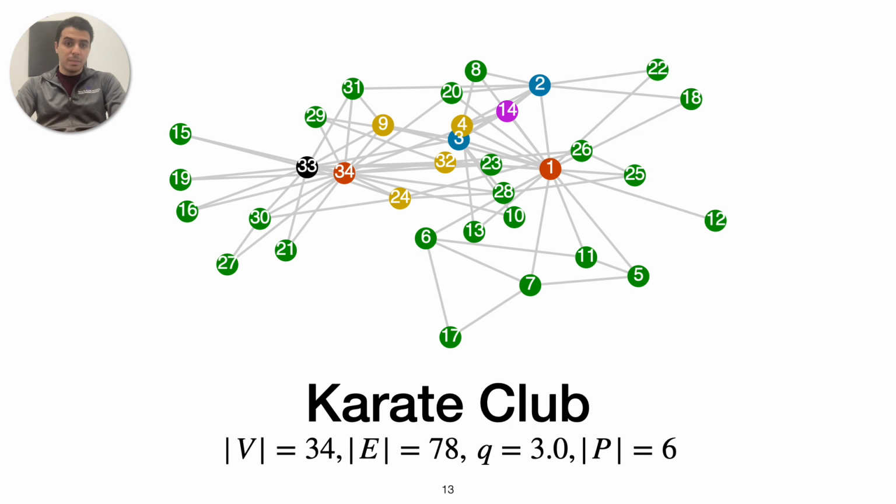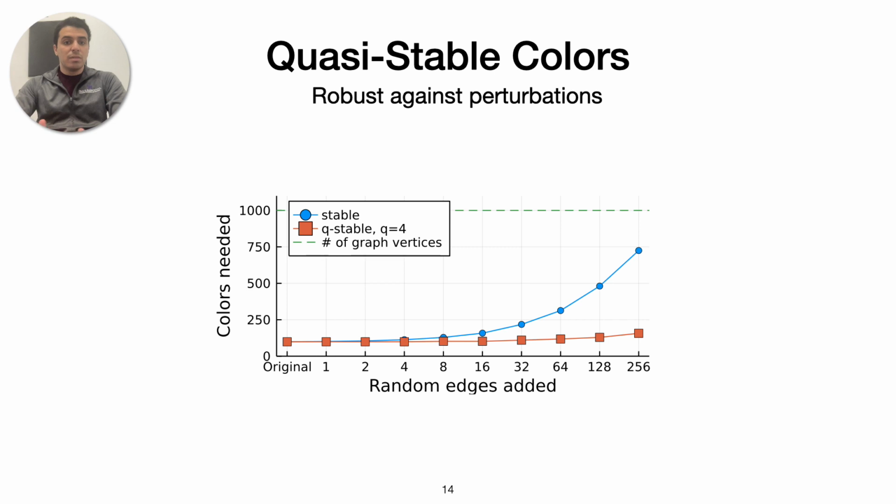And in fact, this club has 2 leaders, right? 2 teachers. And we find that our coloring has managed to capture that structure. Those are nodes 1 and 34 with the red color. And you can see the students, mostly in green, get their own color. And in fact, this ability to remain robust to noise that's present in graphs